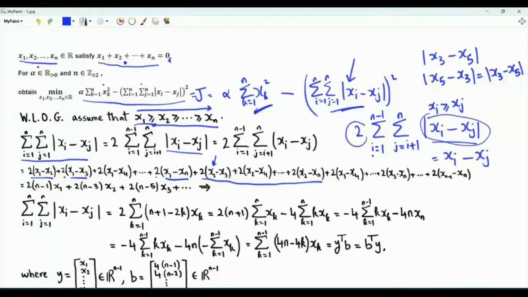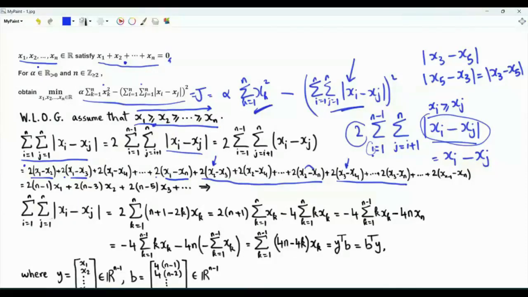The first one is 2 times x2 minus x3, and the last one is 2 times x2 minus xn. If i is equal to 3, we have n minus 3 terms. The first one is 2 times x3 minus x4, and the last one is 2 times x3 minus xn, and so on. If we rewrite this sum as x1 times some coefficient plus x2 times some coefficient, and so forth,